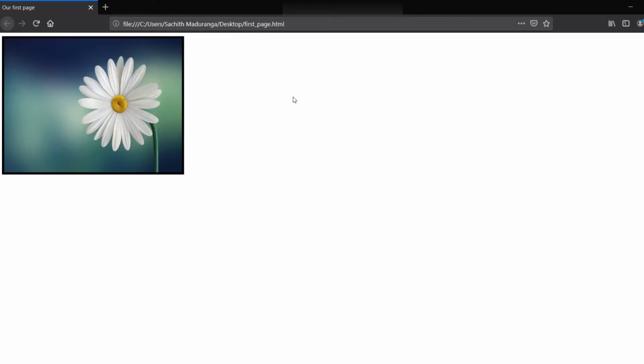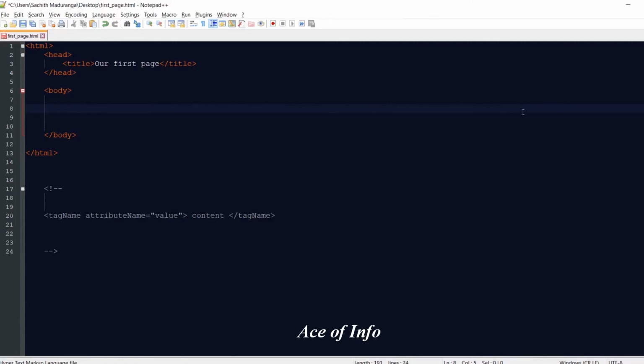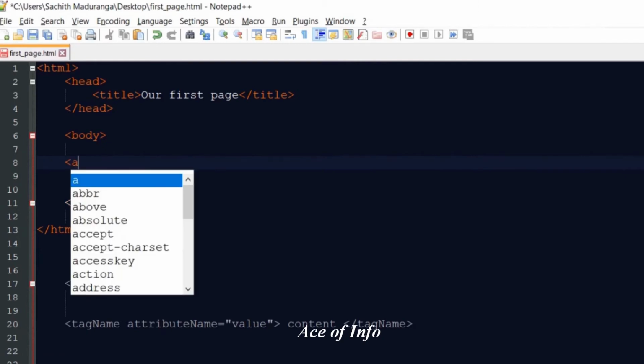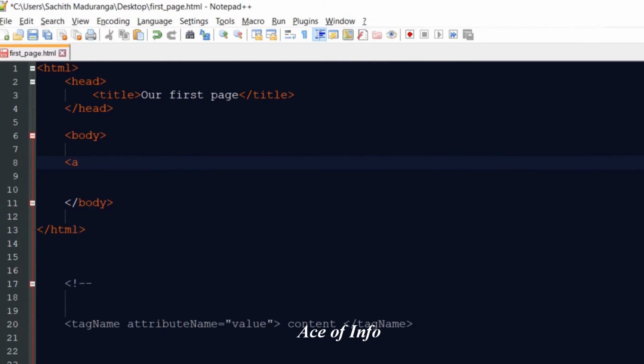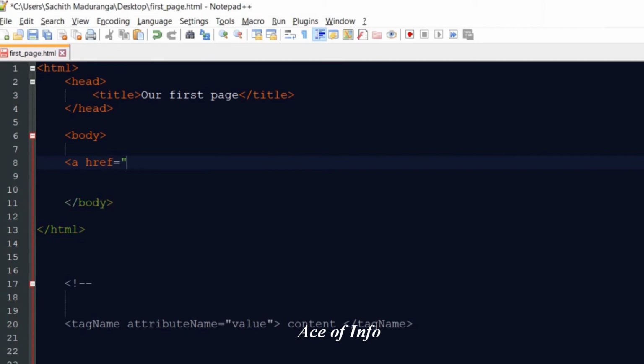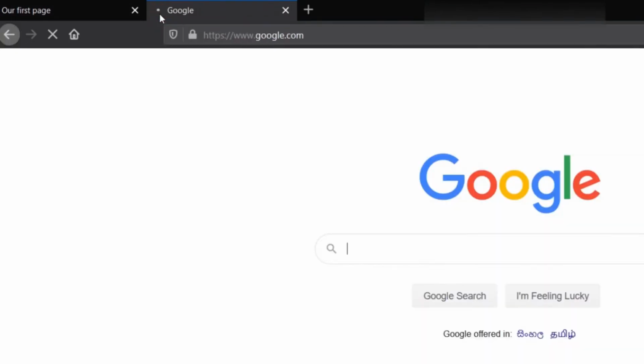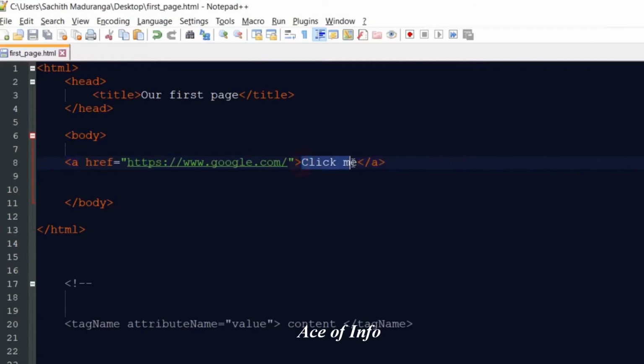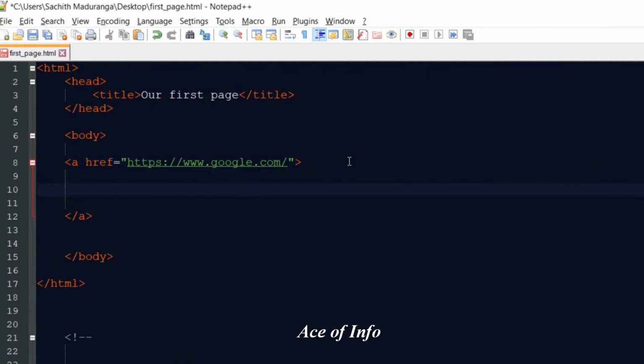So like that, there are many attributes you can put in the image tag. If you remember, last time we talked about how to put a link using the anchor tag, and after that anchor tag we put an attribute called href, and we gave it a value of the link. I will put a link just like last time. Now instead of this text, we studied about images, so I'm going to put an image. I will take it to a new line so you can see it clearly. Image, and I'm going to source it tree.jpg,